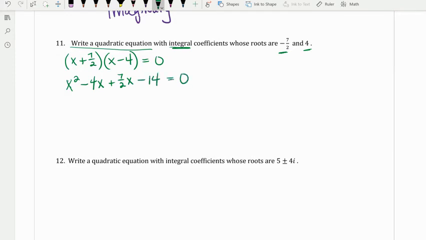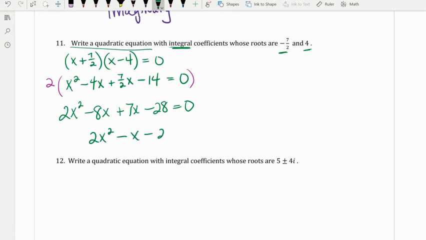So that's negative 14. Here, I don't want to have to mess with those fractions, so we can always multiply through by 2 to get rid of the fraction. So that would give us 2x squared minus 8x plus 7x minus 28. And then combine our like terms, we get 2x squared minus x minus 28 equals 0. And there's our quadratic equation